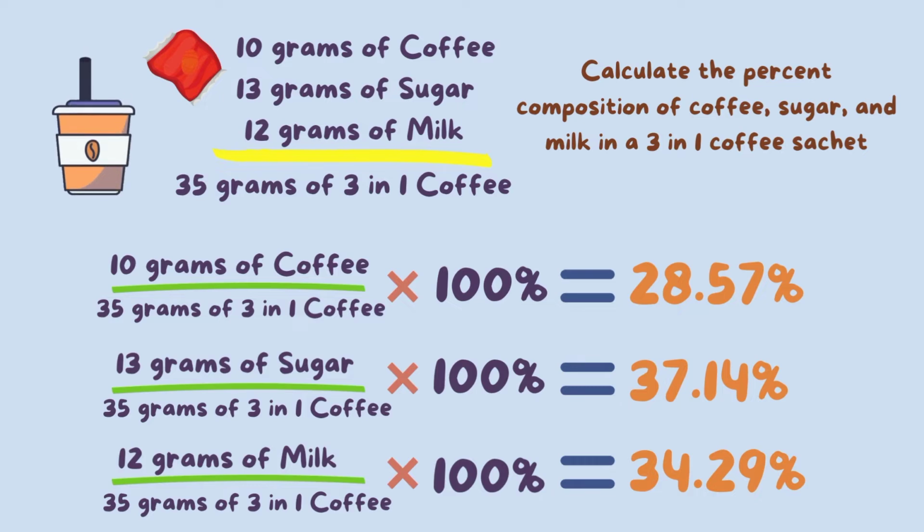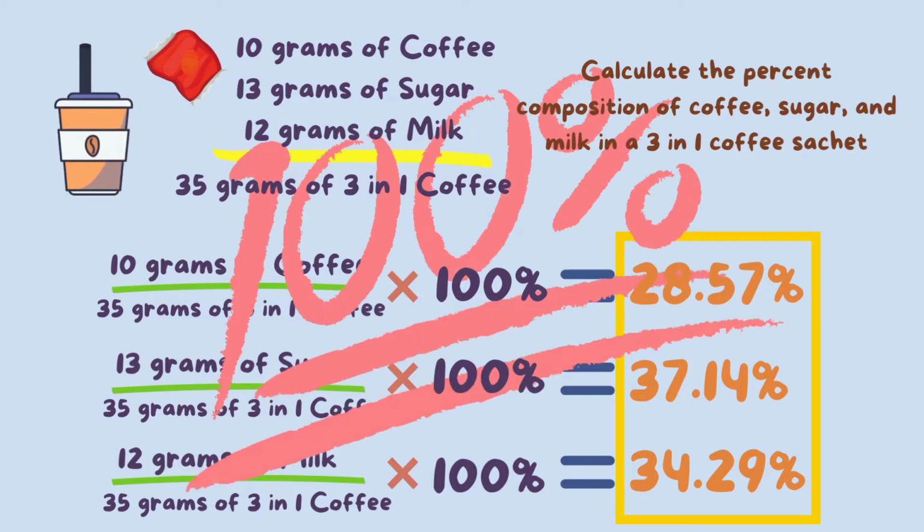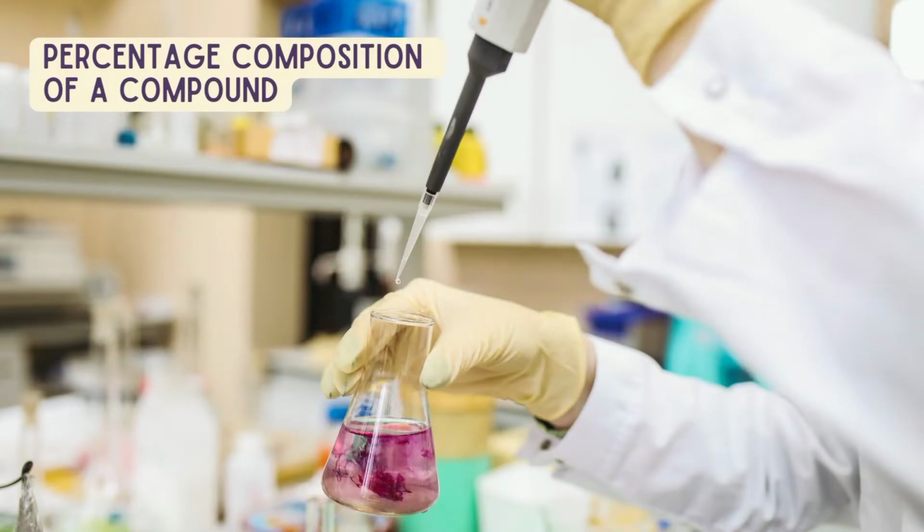Lastly, we have 12 grams of milk divided by 35 grams of 3-in-1 coffee times 100%. Don't forget to round off your answer. So, the final answer is 34.29%. Summing up these products, the result is 100%. In the laboratory, you may perform experiments that will require you to prepare solutions or to verify the purity